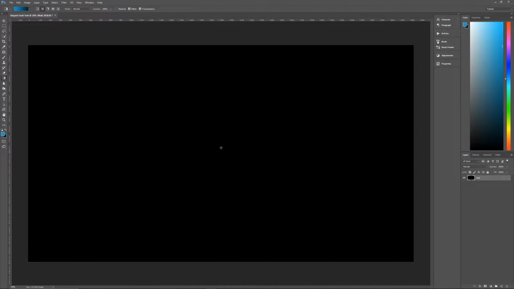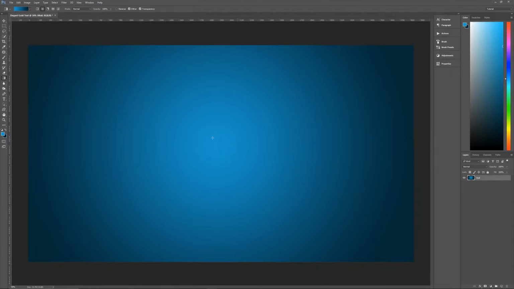Then we want to find somewhere near the center of our document. This looks good. Click, hold down Shift, and then drag to the edge of your document. And then let go, and you will have a nice gradient from light blue all the way to deep blue